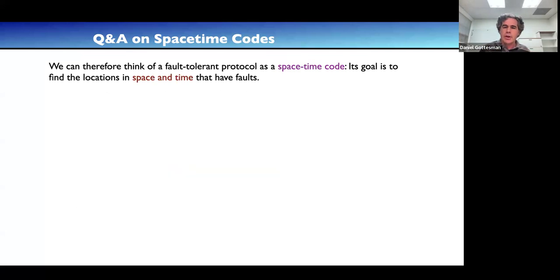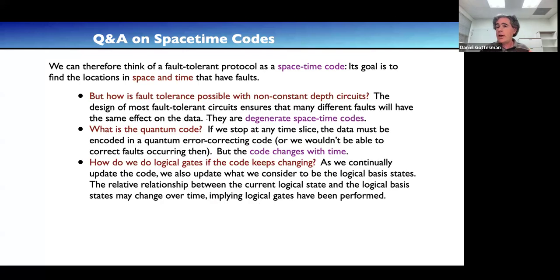You know, without a principled way of saying what the right one is, it might be ambiguous what the logical gate would be. And I think that's true. In fact, that's something you can take advantage of. You can say, well, we have these two different codes, and before this was the logical 0 and this was a logical 1. And now in the new code, this other thing is the logical 0 and this other thing is the logical 1. And therefore, the state that was originally some particular superposition of 0 and 1 is now a different superposition of logical 0 and logical 1. And so we've done a gate.